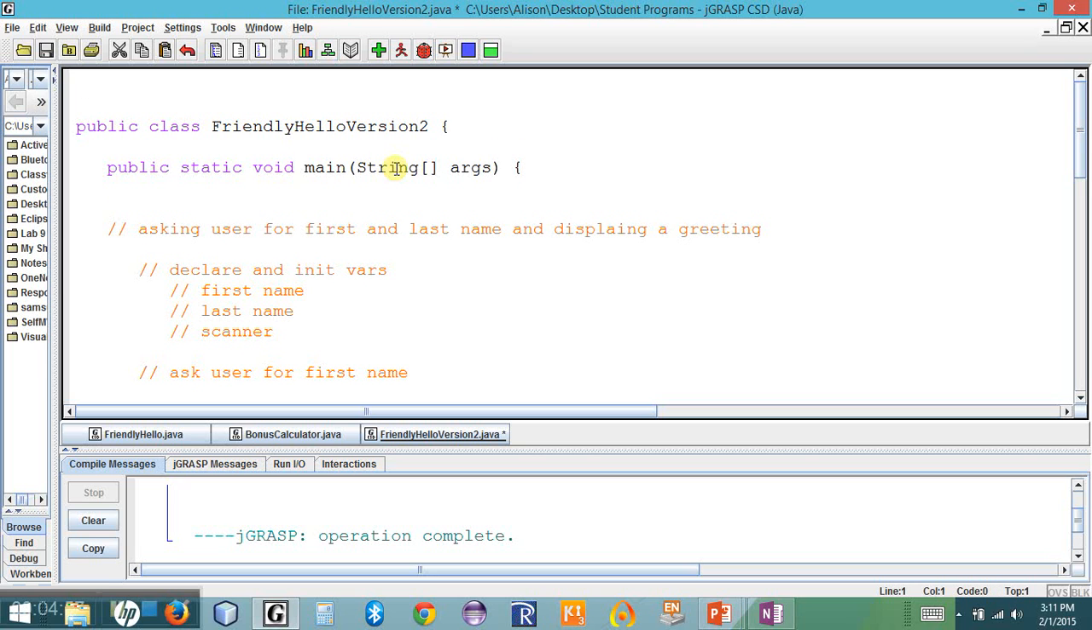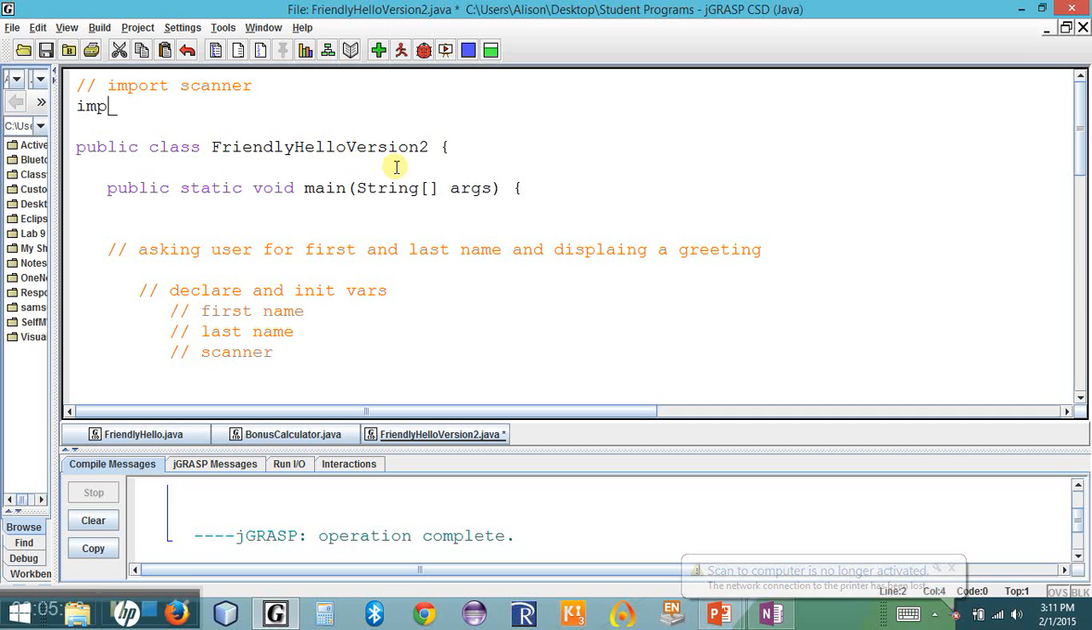So I'm going to go to the very top of the program outside the class container, and I am going to import the scanner, because the scanner is not included as standard with my program. If I want to use it, I have to tell my program that I want to use it. And so I am going to use the keyword import